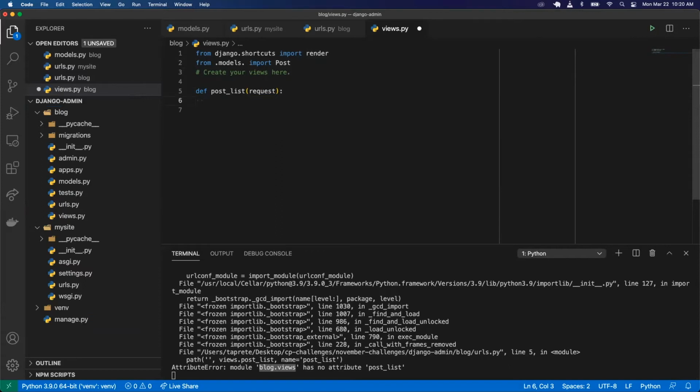How do I go about grabbing all the posts from the database? It would be post or blog.objects.get. That's all, or .all. Okay, so post equals, you said blog. So blog is the name of my app, but it's not the name of my model. So, yeah, post. So post.objects